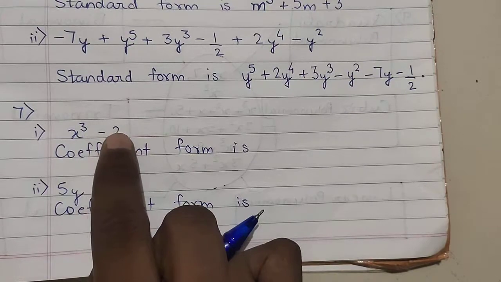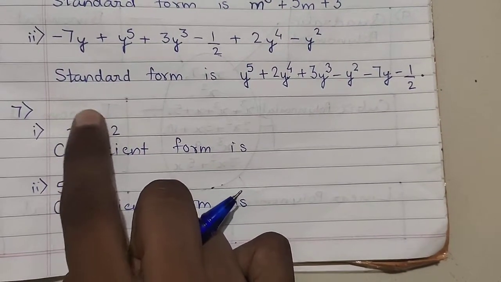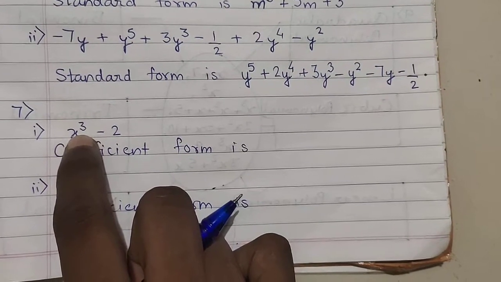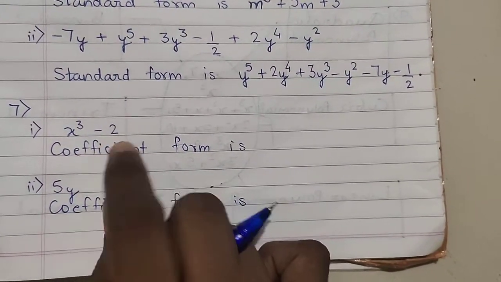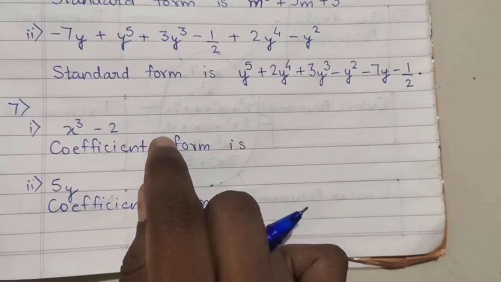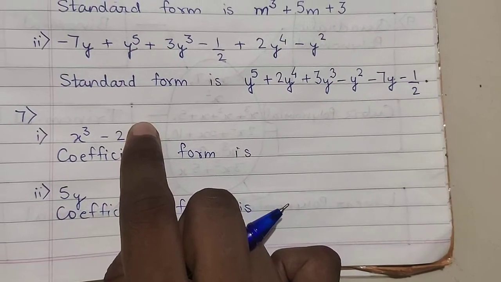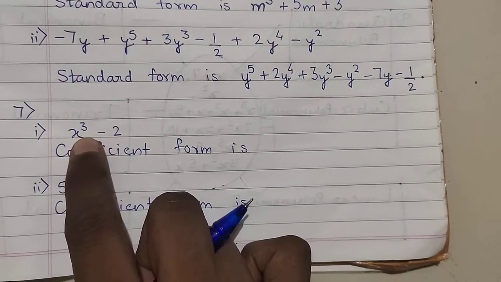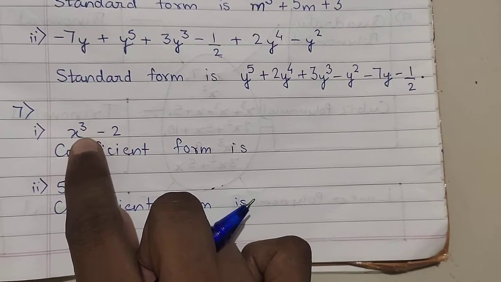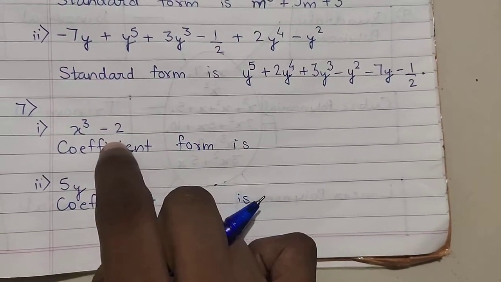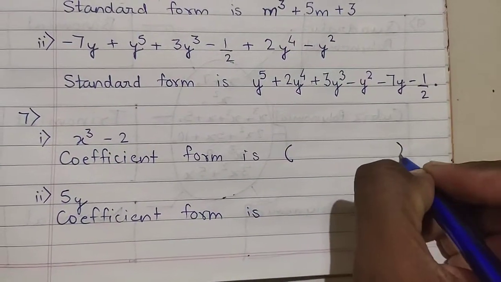Now see, this is what? X cube minus 2. Since power 3 is there, maximum power is 3. That means you are going to write power 3, then power 2, then power 1, and after that your number, that is final number. Okay, so power 3 means you are going to write 4 coefficients, 1 extra because of that last number. Okay, so you are going to write how many numbers? 4.